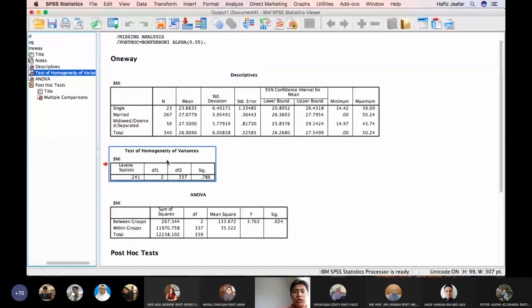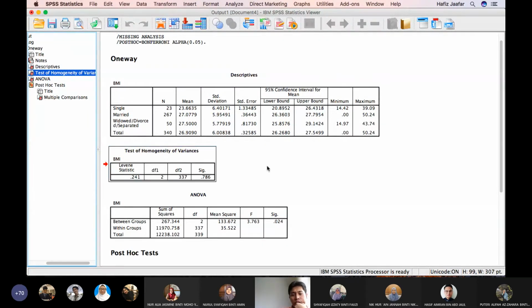Next, we go to homogeneity of variances. Okay, we look at the significant part, I mean the p-value. So for homogeneity, remember, we want our data to be homogeneous. We need to assume that the variance is similar. We don't want to have different variances. So whenever the p-value indicates there is a difference,